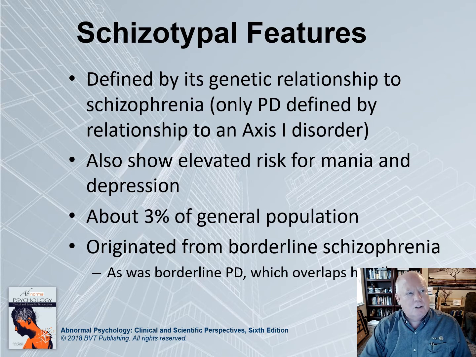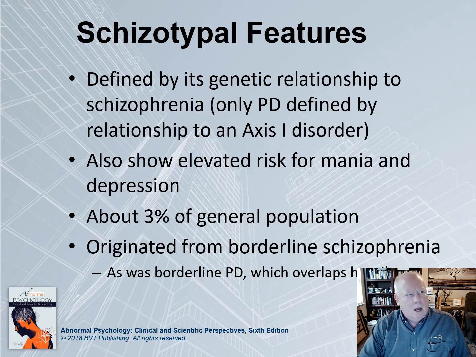Some of the research that I did on measuring schizotypal features, specific signs for schizotypal personality disorders, suggests that the base rate may be a little higher, about 5%. But it's in a range so that maybe 1 in 20 or 1 in 30 of the population